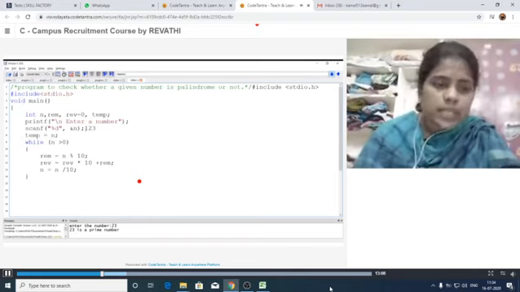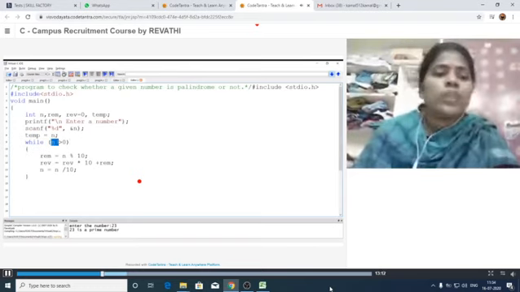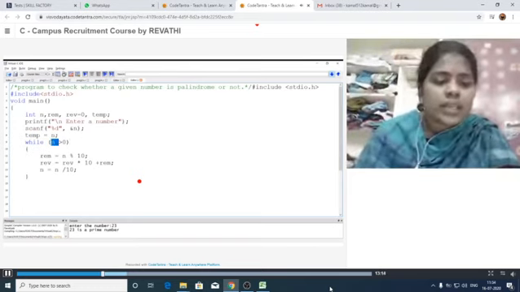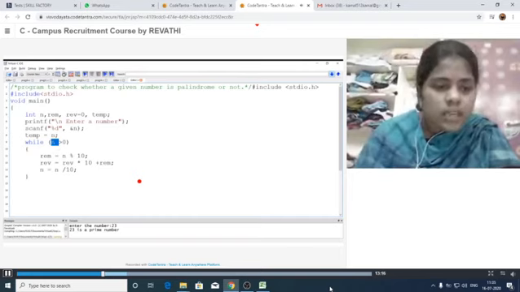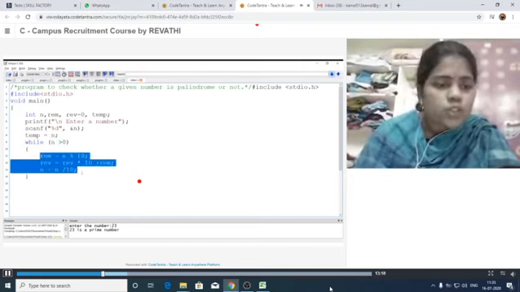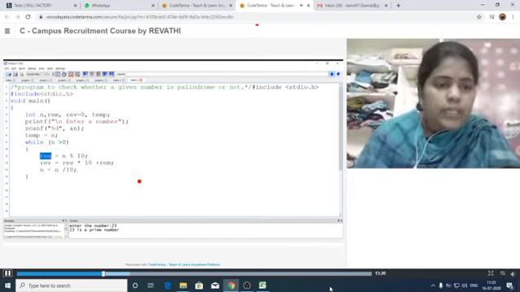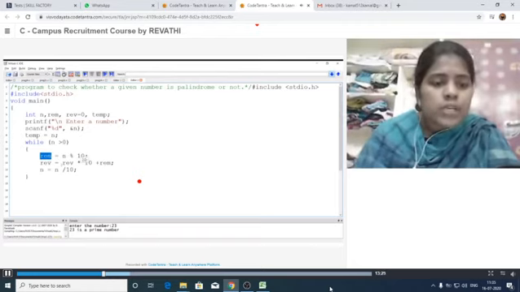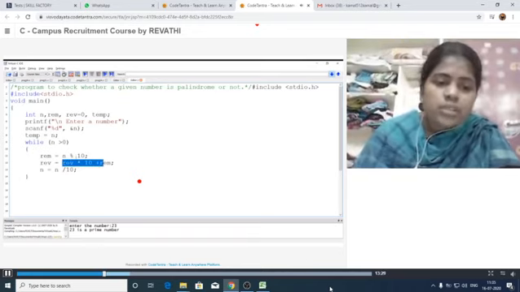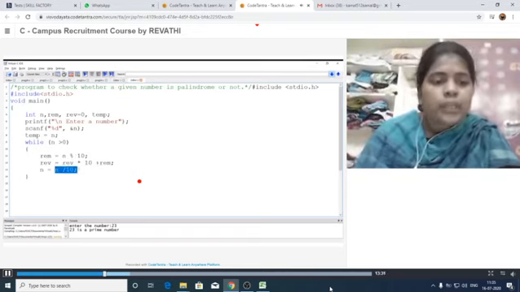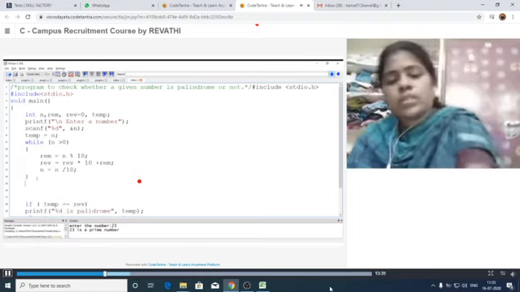Next let us see. We are checking whether the given number is greater than 0 or not. Whenever the given number is greater than 0, it has to perform these 3 steps here. First it has to calculate the remainder value by n modulus 10. After that it calculates the reverse value, reverse into 10 plus the remainder, then it divides the number. Okay, up to this it is the same as reversing the digits of the given number.